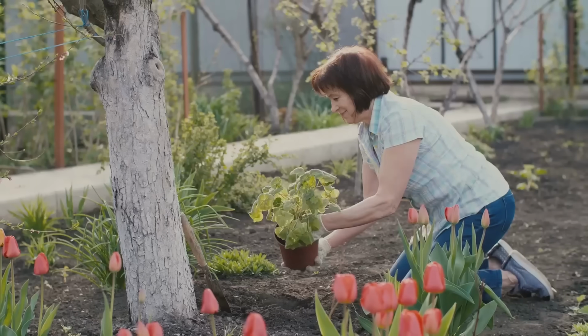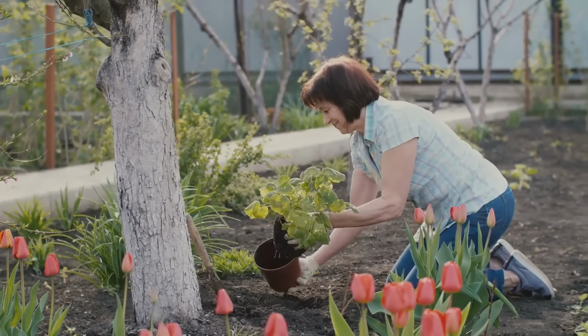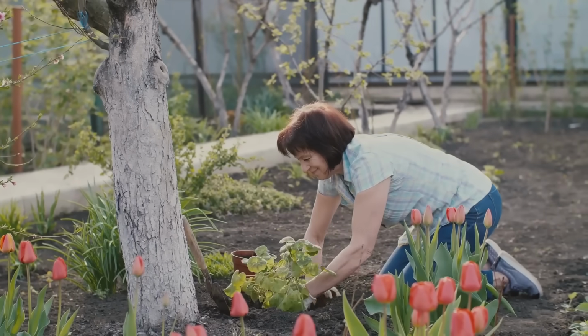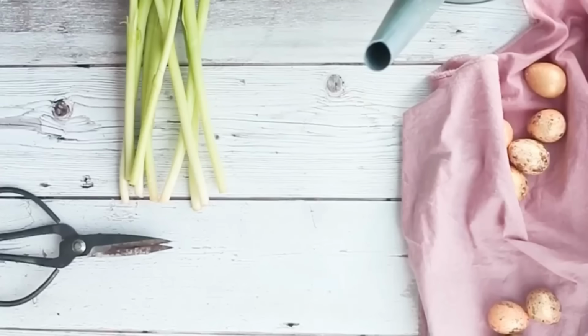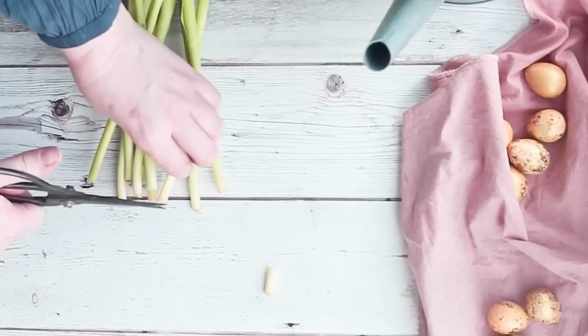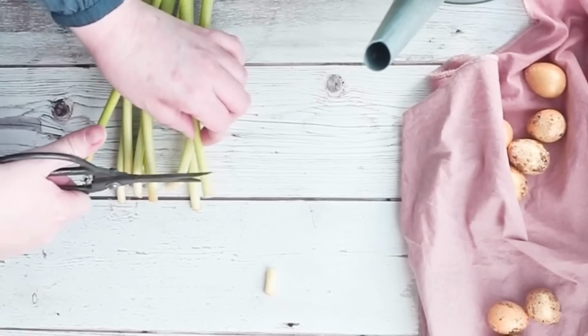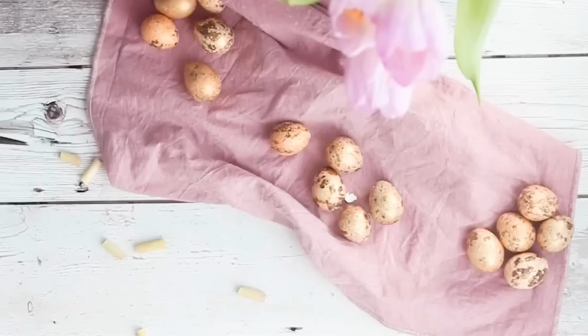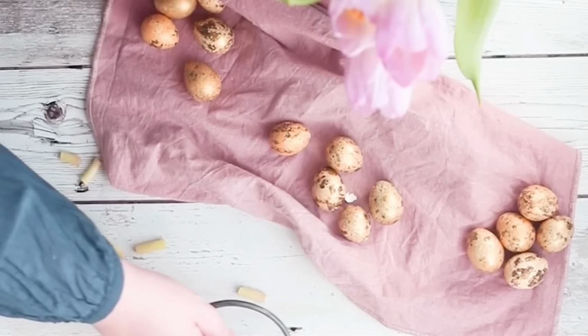Each variety brings its own unique charm and character, allowing you to create a personalized garden that reflects your individual taste and style. Before you rush off to the garden center, take some time to consider your garden's style and the color palette you envision. Planning ahead can help you make the most of your space and ensure that your tulip display is both beautiful